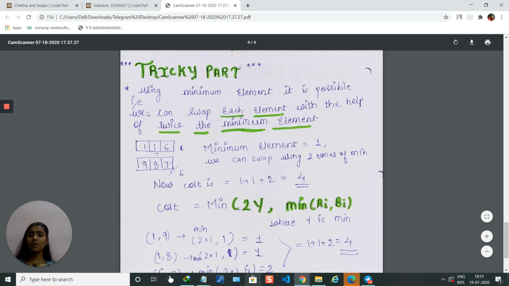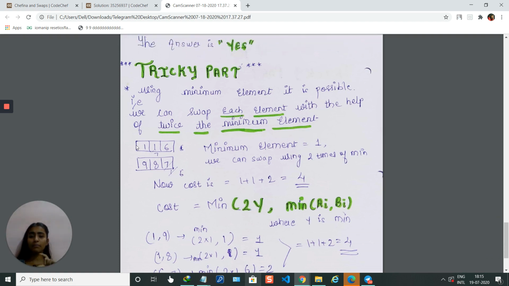We can swap each element with the help of twice the minimum element. In these sequences, the minimum element is 1. In both sequences, the minimum element of the first sequence and the minimum element of the second sequence will be the same, because obviously we have to make them identical. So for 1 and 9 we have taken the minimum as 1, 1 and 8 as 1, but for 6 and 7 I have taken 2.